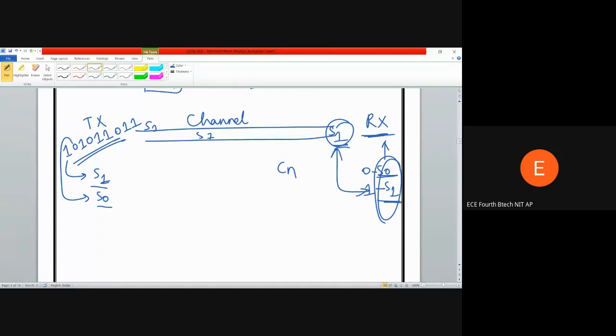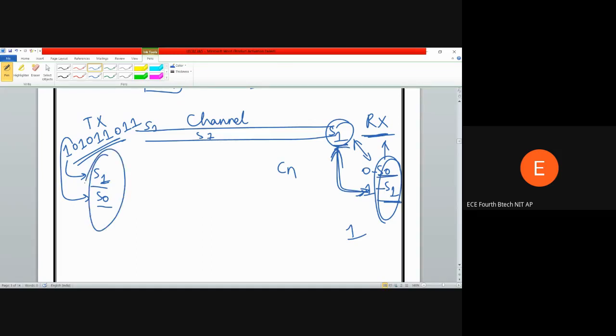And if we try to calculate the correlation between these two, you will have the minimum correlation coefficient. Based on that, because I got the high correlation coefficient between these two signals, I am able to take the decision that the received bit is 1. I'll take the decision. And the most important thing that you should be able to do is